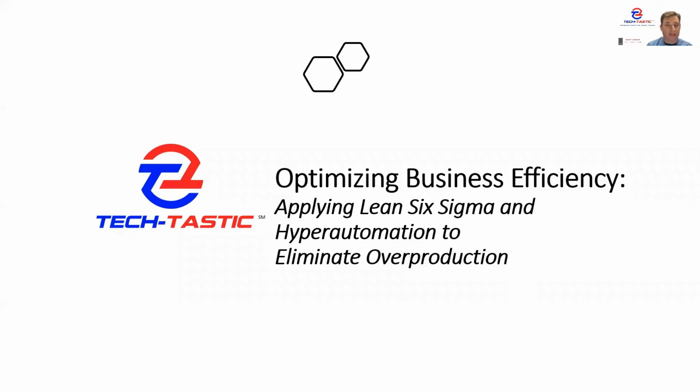Today, we're going to be talking in this episode about applying Lean Six Sigma and hyperautomation to eliminate overproduction. And we're talking about eliminating overproduction of information assets. So we will discuss in this series a bit about examples of overproduction in information assets, ways we can reduce it, and then we will also go into how we use it in our case study. So without further ado,